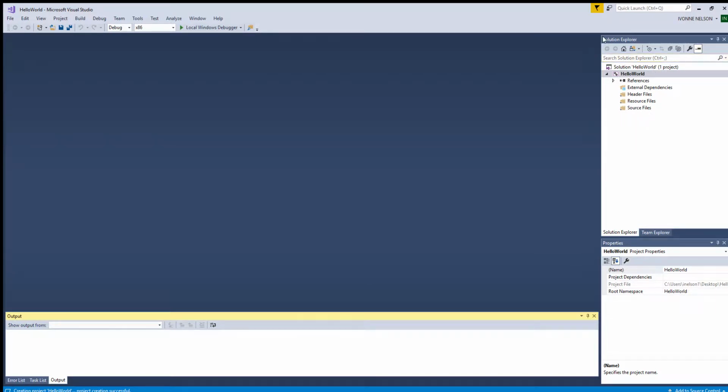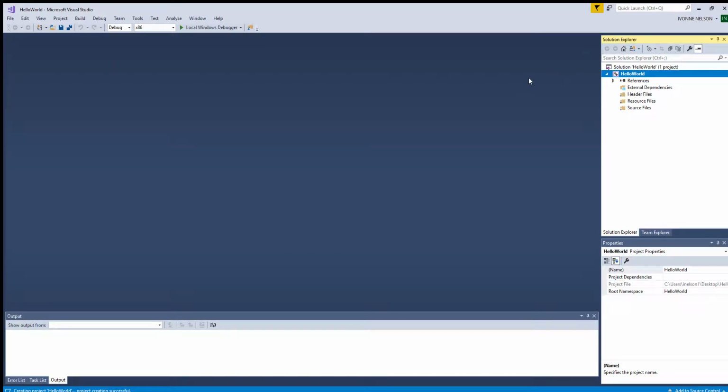This part right here, the Solution Explorer, describes your project, and you will get one for every project that you make. Hello World is the project, and this top one right here is the solution. We are usually operating from the project. So you can either right-click on Project and go to Add New Item,